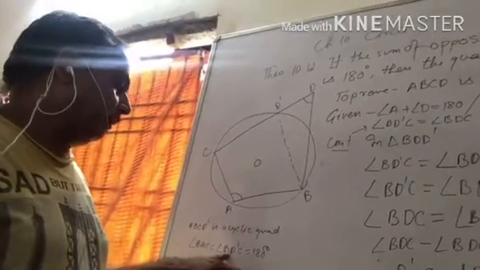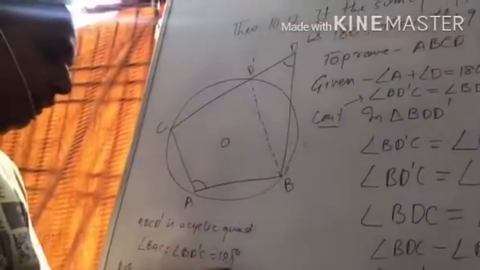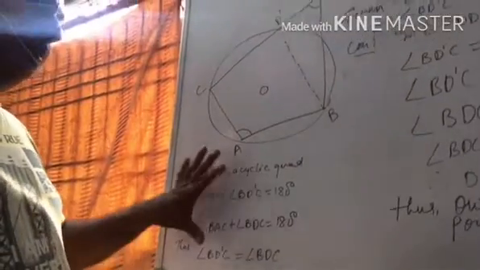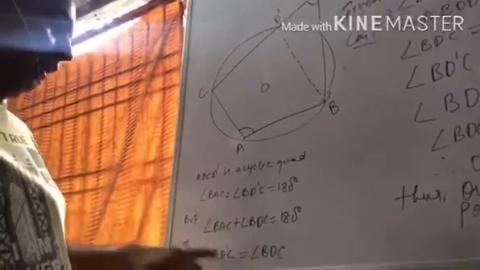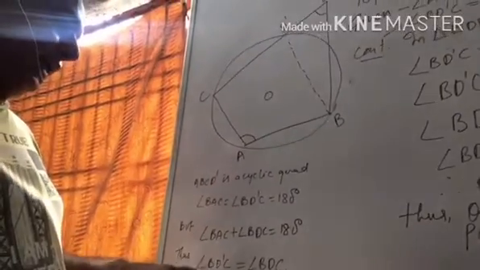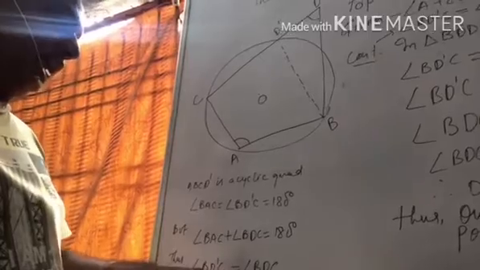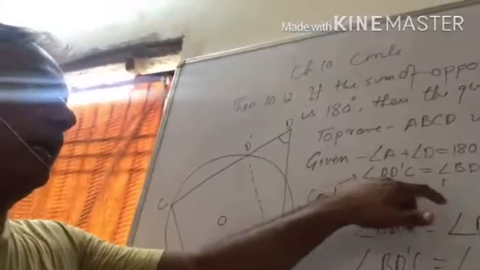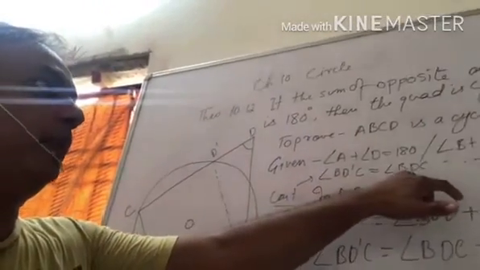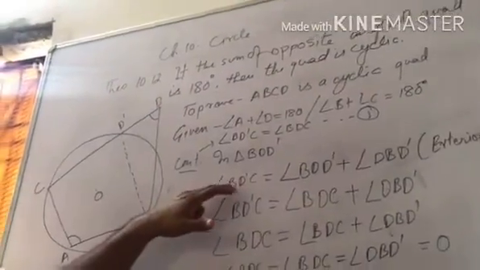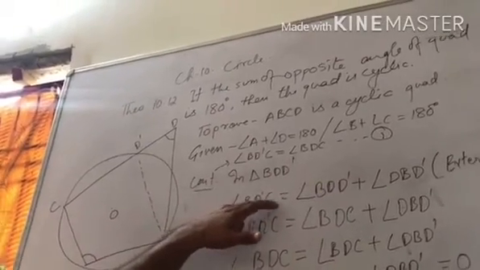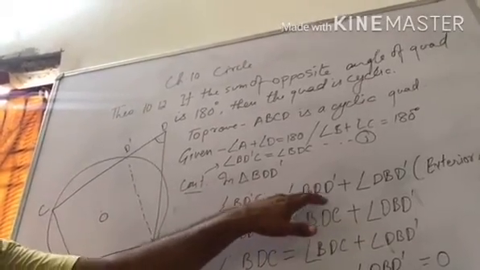Now just ABCD dash is a cyclic quadrilateral, so angle BAC plus angle BD dash C is equal to 180 degrees. But this is already proved in the previous section. Now according to these two, we take angle BD dash C is equal to angle BDC. This is the first. And then in triangle BDD dash, angle BD dash C is equal to angle BD dash D